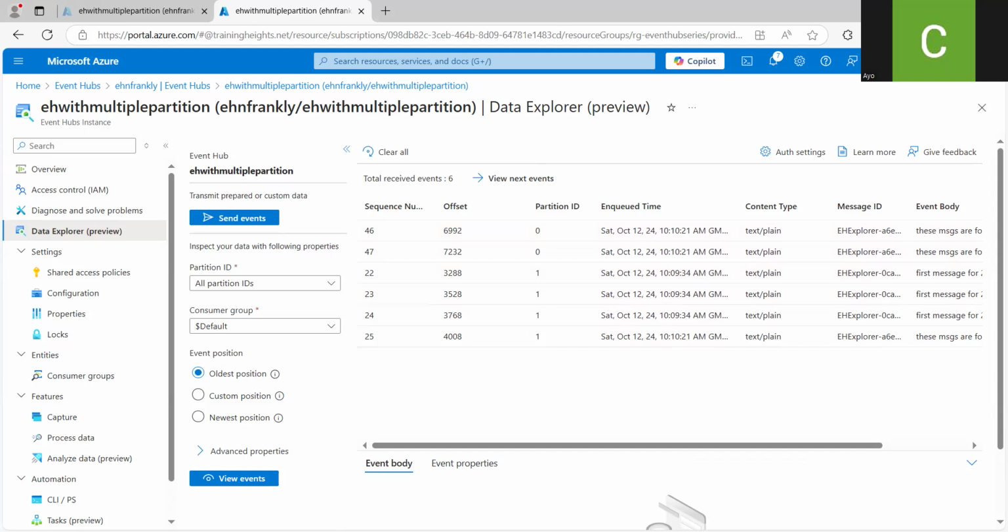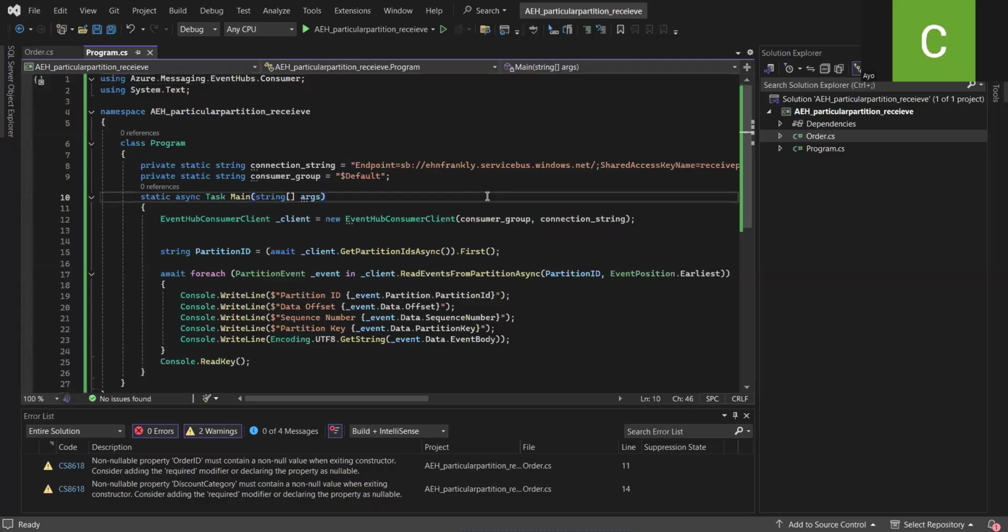So I already have a program written already. So let me share my screen. Okay, so it's still similar to the previous program that we used when we just wanted to see the entire partition, all the events in the entire partition. The only